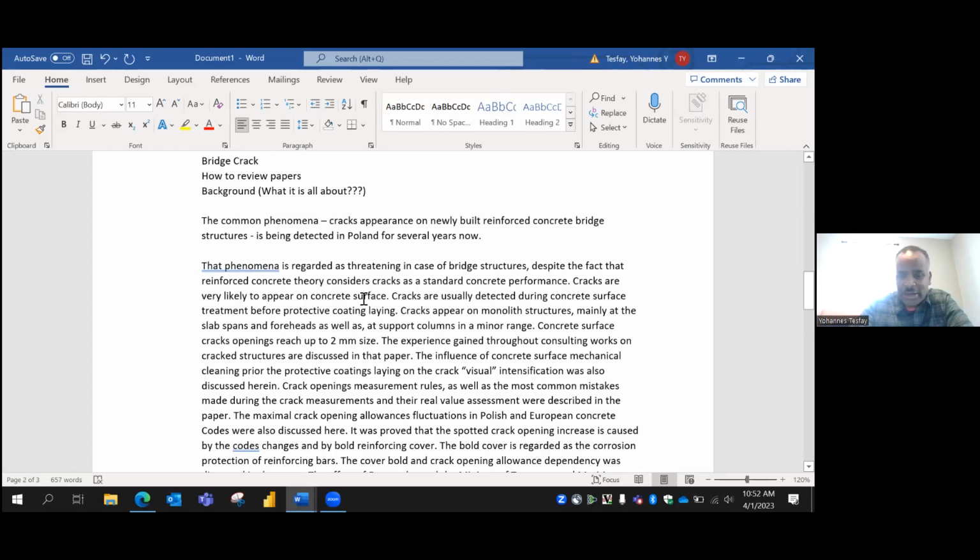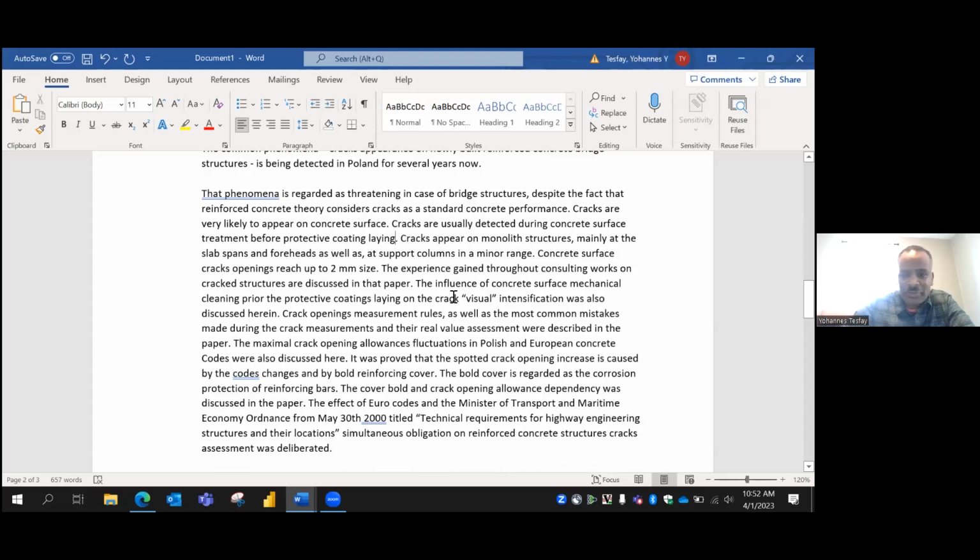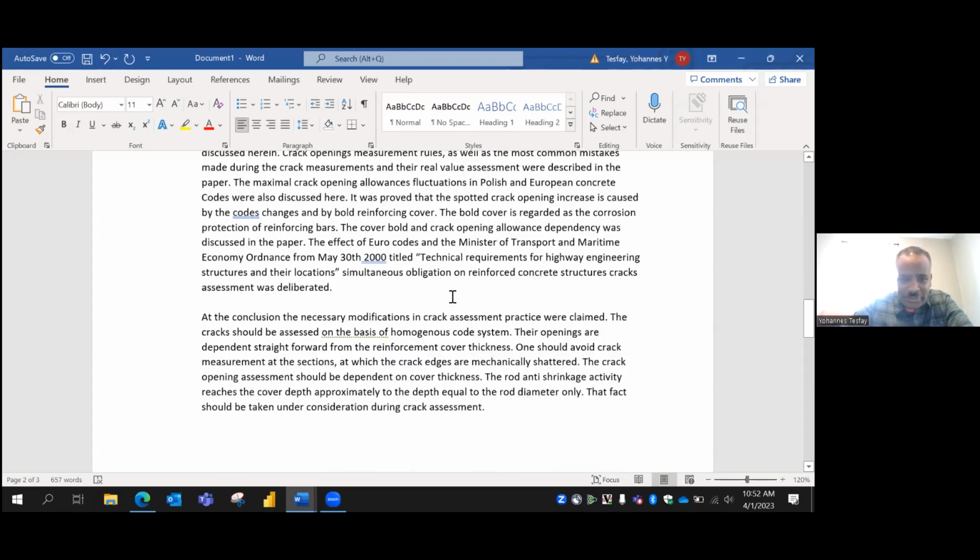Again, a customary Poland is... no, that's not what we're talking about in background. In background, we need to talk about what cracks are. Okay, cracks very likely appear on concrete surface. Cracks usually are detected during concrete surface treatment before protective coating. Cracks appear, or whatever. So in general, because the paper